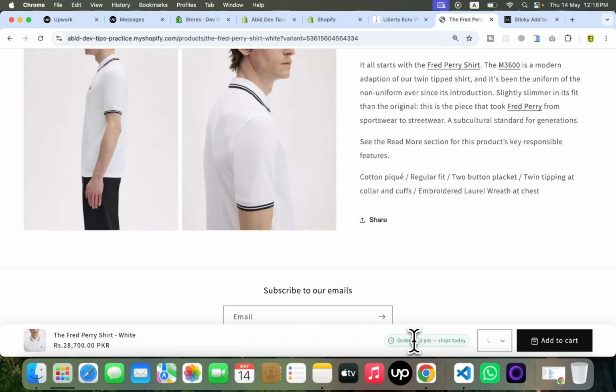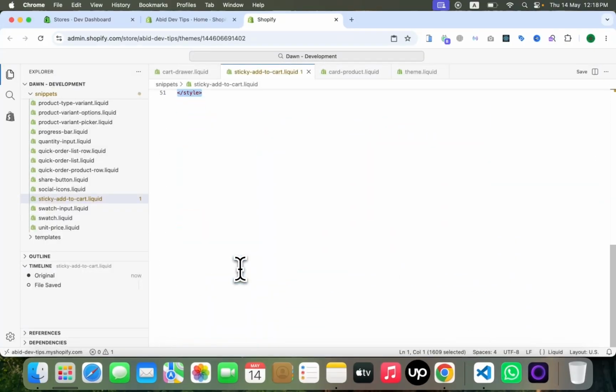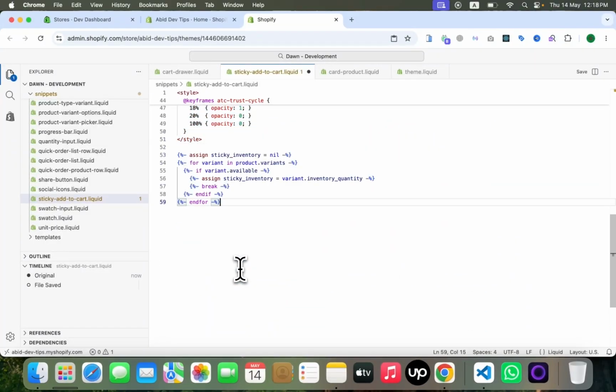If inventory is lower than or equal to 5, then this red bar will show. Currently it is not shown. This one, only one left. Copy here and paste here. I will explain this step by step. Save here.